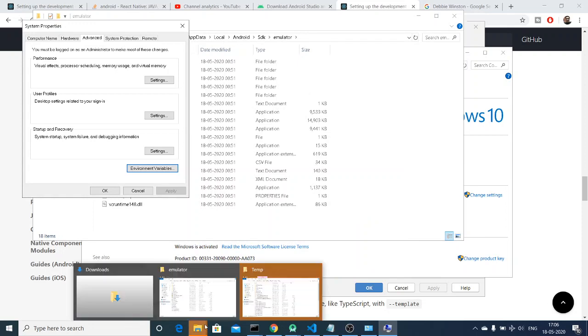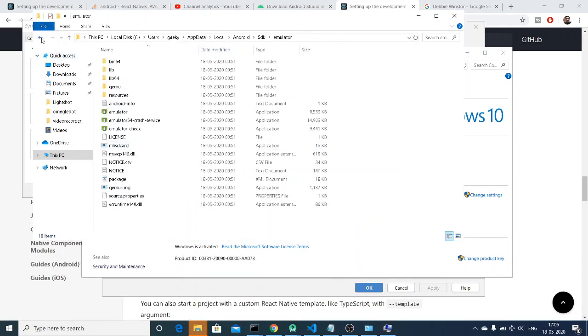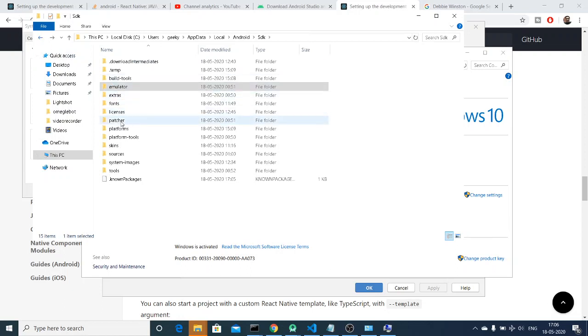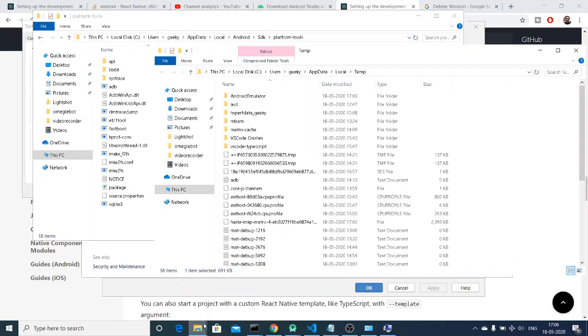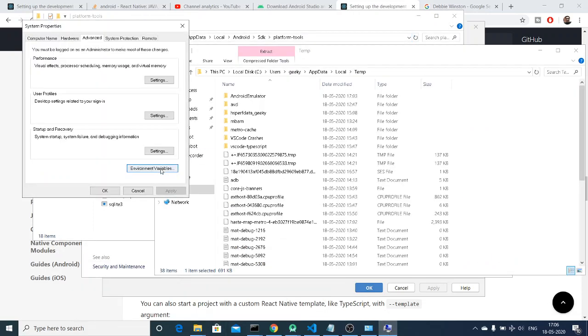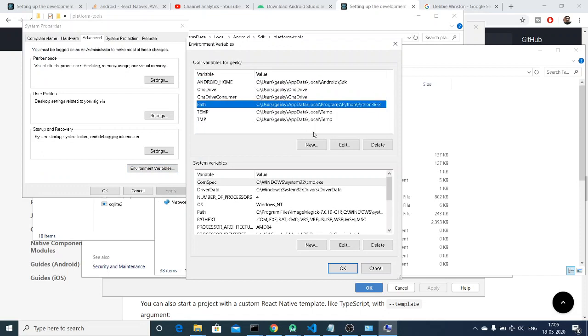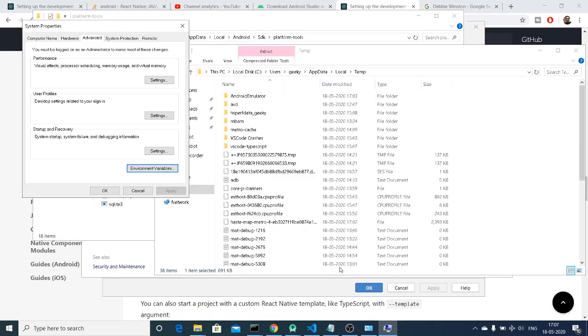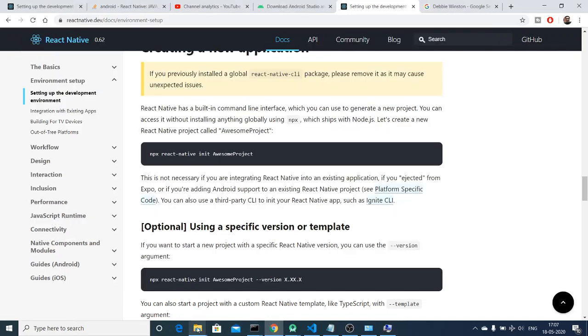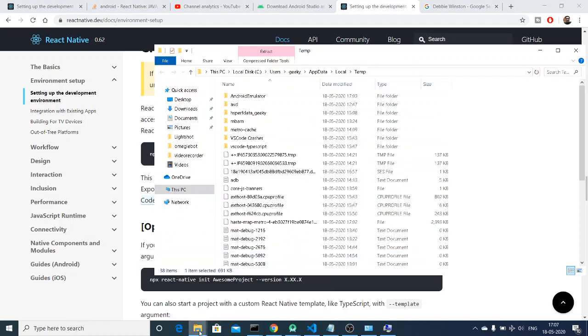And now we need to add one other entry, which is the platform tools. There is a platform folder inside this, you can see that platform tools. Here we need to again Control C, copy it, and now once again we need to click on environment variables, click on the path option, edit, click the new entry, copy paste it. That's it. Lastly, we also need to do it for one other entry. Let me just see what is the entry there.